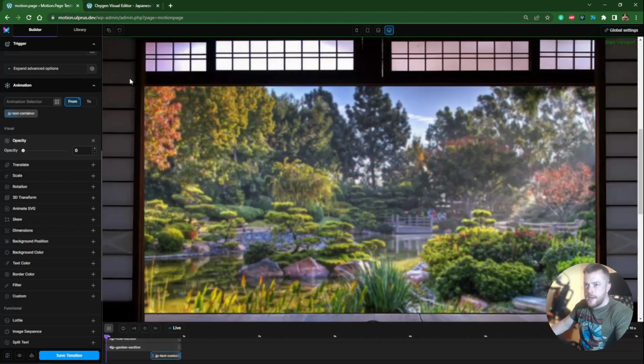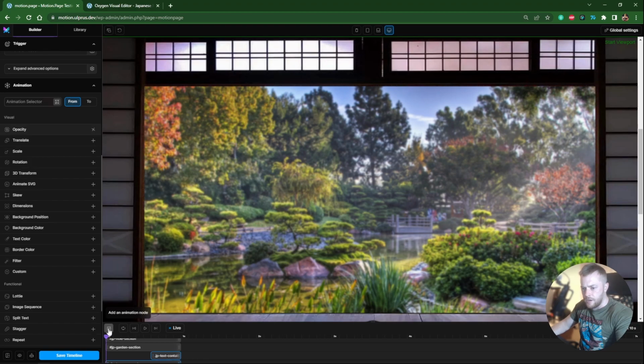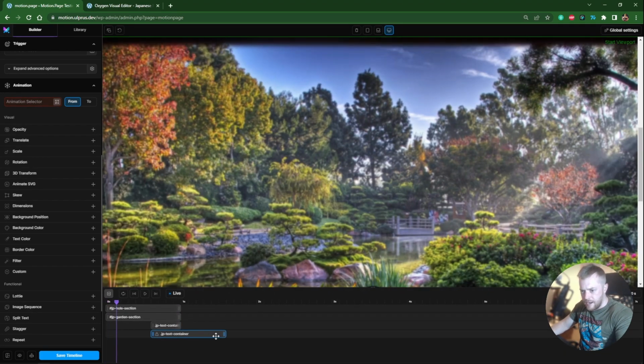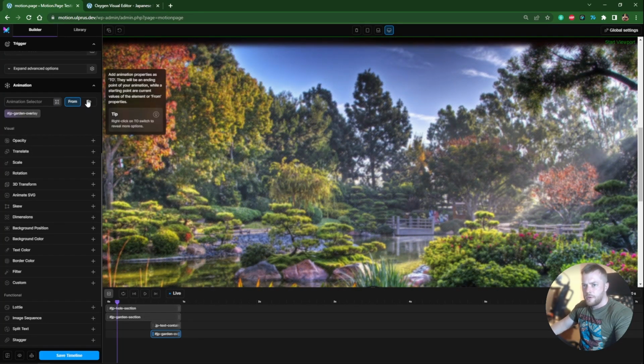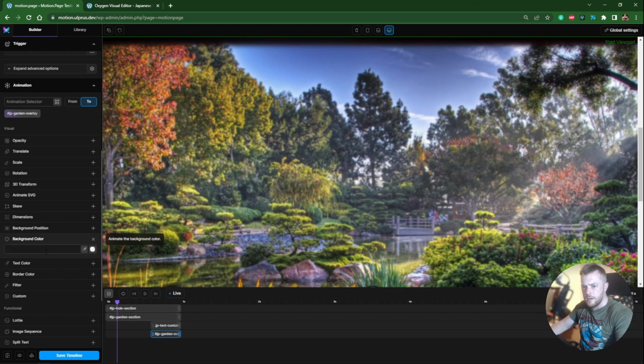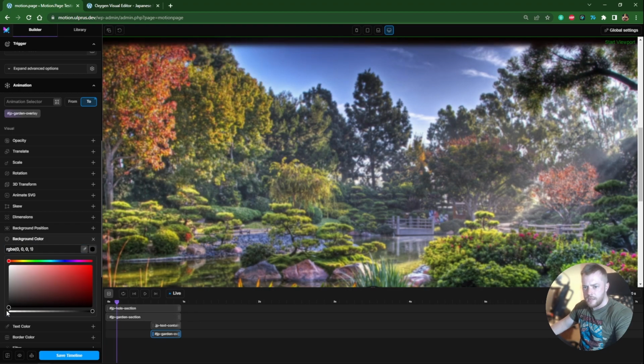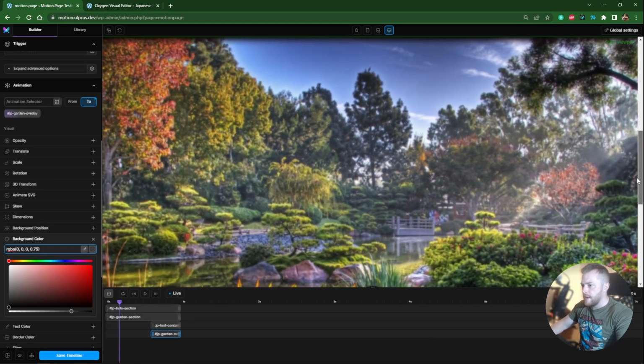and then in Motion.page I also want to control this. So now this should have refreshed automatically. I'm going to add another animation node here. I'm just going to move this up a little bit. I want to put this in line with my text container, but this time let's just target our new overlay element. Yeah, so it is recognizing it, as you can see. And then what I'm going to do is set the background color to RGBA 0, 0, 0, 0.75. So now as we scroll down,